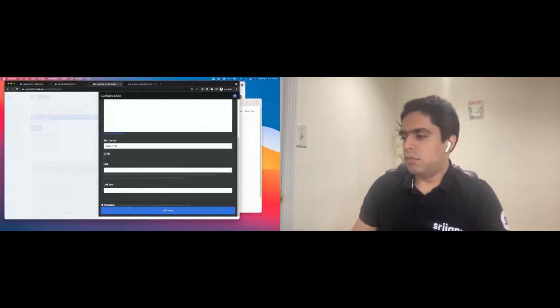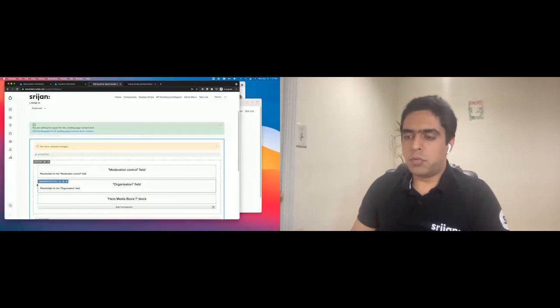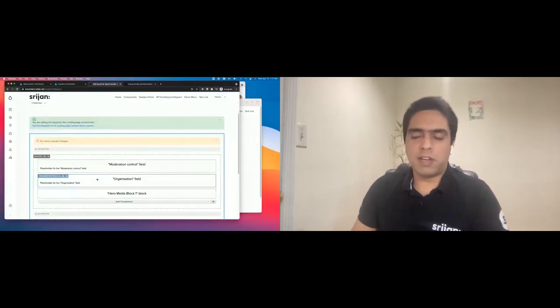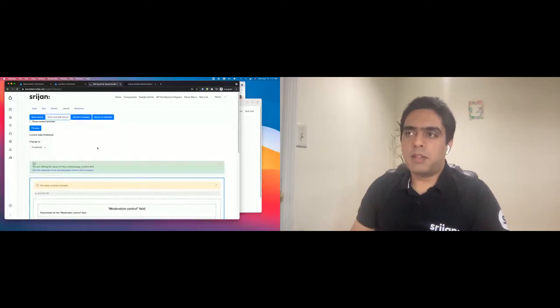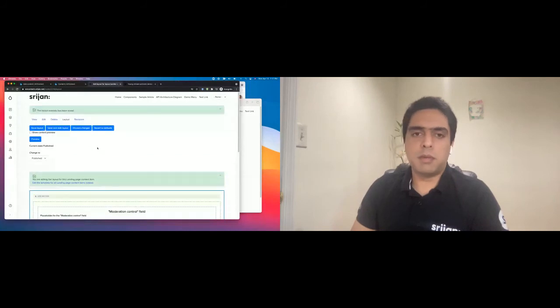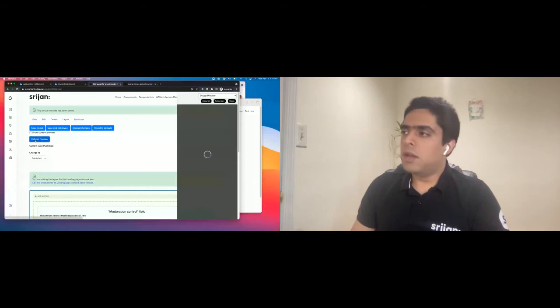Again, this is all the power of Drupal. You're able to quickly build a page using the layout builder. You have the flexibility of different kinds of components. I've placed them here. And this is your normal Drupal traditional workflow, which site builders and other CMS users are used to, right? Now, if I go to preview, similar to what I showed you in the articles,